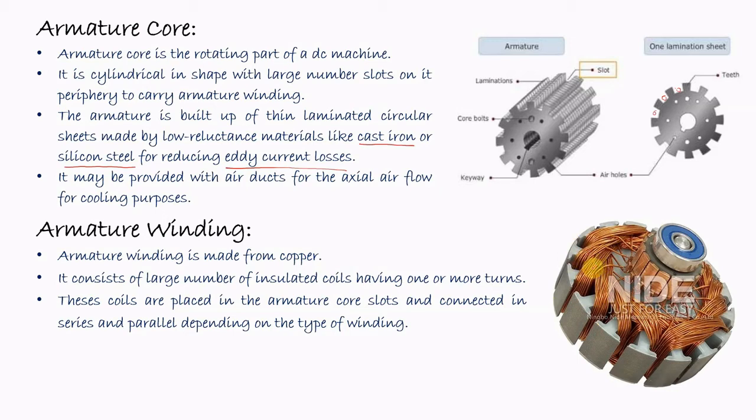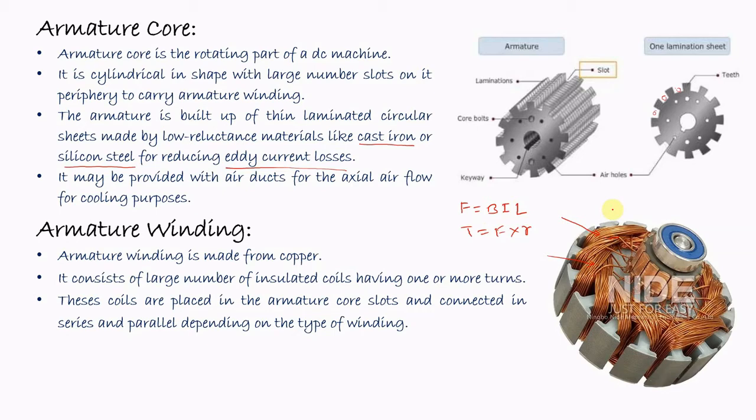This is made of copper wire, but it is insulated by varnish. And this armature conductor is the part where the energy conversion actually takes place. That means if we give an electrical power supply to this armature winding, it will create a force depending upon the formula F equals BIL, and then the torque will be produced. So we'll get the mechanical power output in terms of rotation.